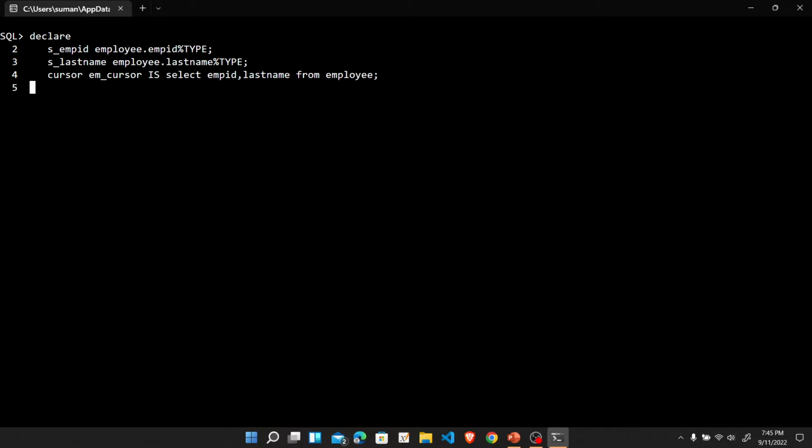Then the BEGIN keyword to open the block, and here we first open the cursor, and for that we give the keyword OPEN and then the name of the cursor, em_cursor,